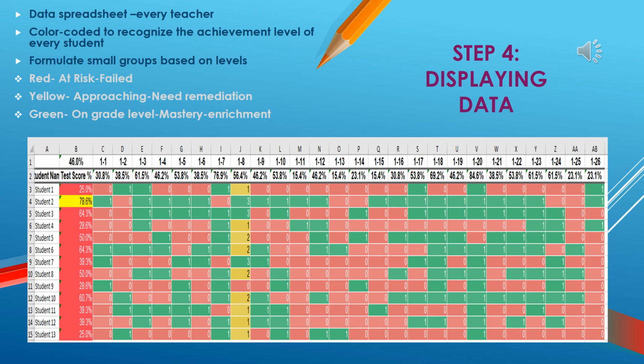Of the 13 students tested, only one reached the approaching level in the yellow, which is student 2. So that student could use some individual support to get her to on-grade-level mastery, whereas the other 12 students will need some additional support in